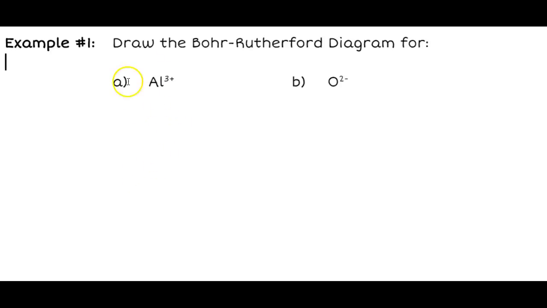So I'm going to start with aluminum. In this case, I can see that there's a 3+ there, and that tells me that this is not a neutral atom, this is a cation. So the way that I would go about this would be to take a look at the number of protons, neutrons, and electrons that would normally be there in a neutral aluminum atom. By looking at the periodic table, I can see that aluminum has an atomic number of 13, and that tells me that as an atom, it would normally have 13 protons in its nucleus,